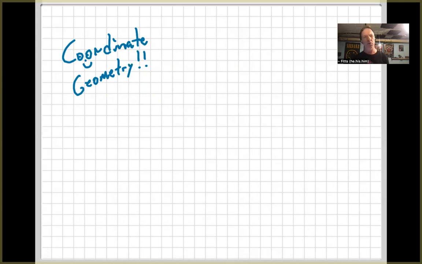Some kind of coordinate geometry stuff. So coordinate geometry is really just a model, and it's built based on,